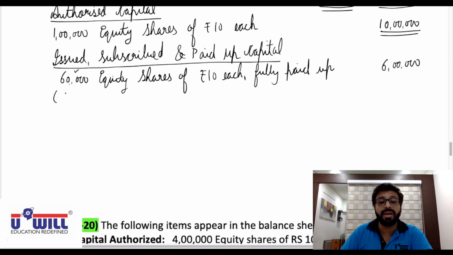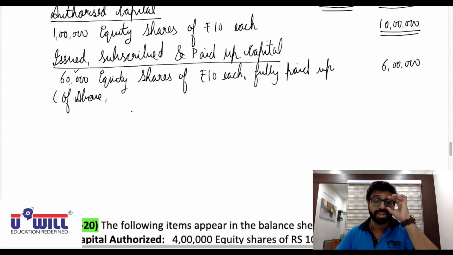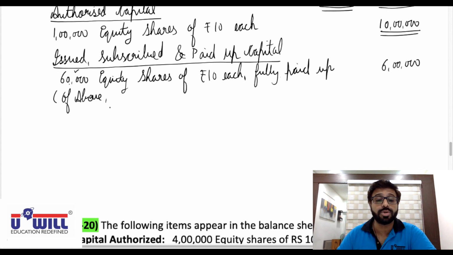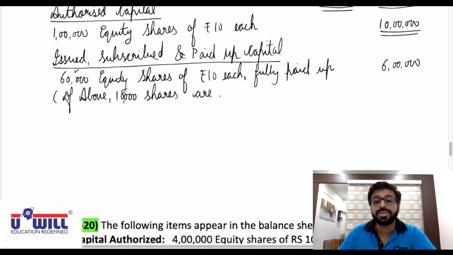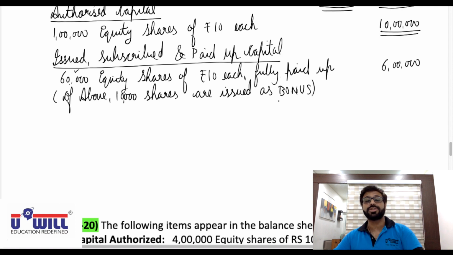In bracket of above, this disclosure is compulsory as per Companies Act. So if you don't write this disclosure, examiner will deduct the marks. Okay, this disclosure is compulsory to be written in bracket of above. You mention it this way only: of above 10,000 shares are issued as bonus. This is compulsory disclosure to be written in the bracket in balance sheet whenever bonus shares are